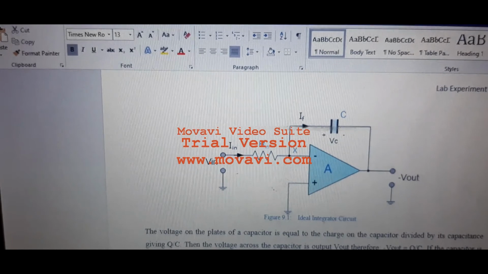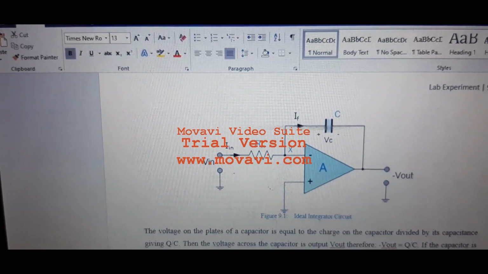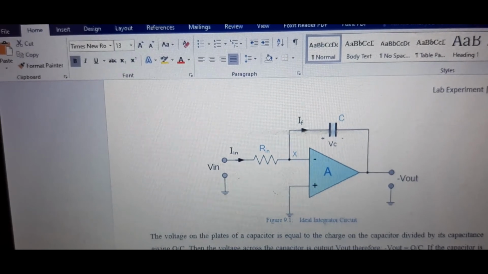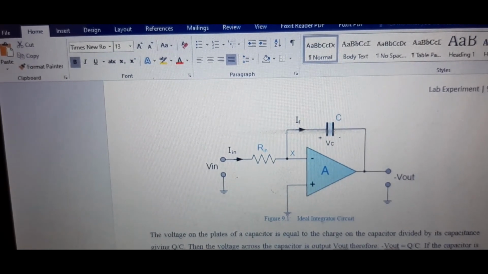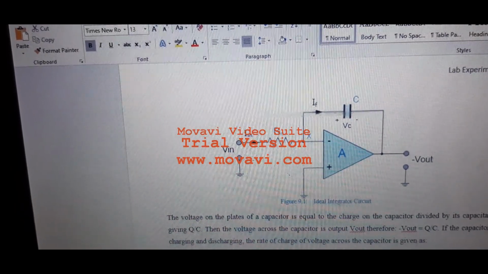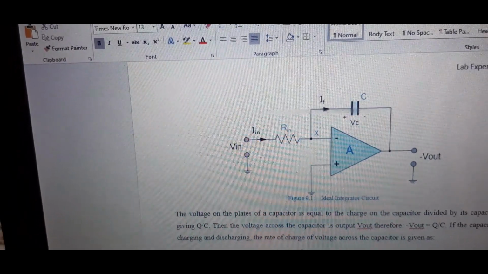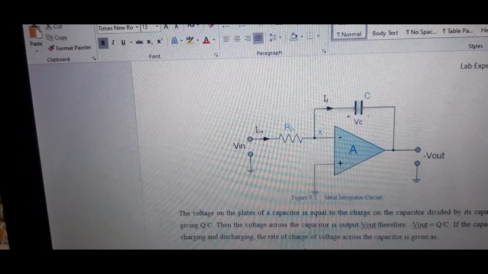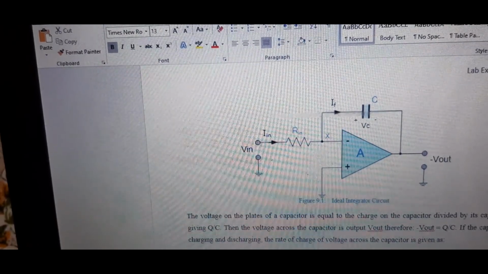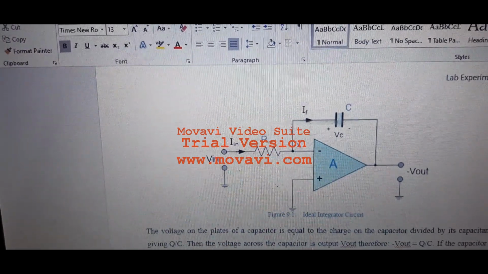Here is the circuit diagram of the ideal integrator shown in the figure. You can see that the feedback capacitor is used. This feedback capacitor will force the output voltage to change with the change in frequency. We can also say that the magnitude of the output voltage is determined by the time duration. If voltage is present at its input, a current through the feedback path loop charges or discharges the capacitor as required. Negative feedback occurs through the capacitor. This is the circuit diagram of the ideal integrator circuit.